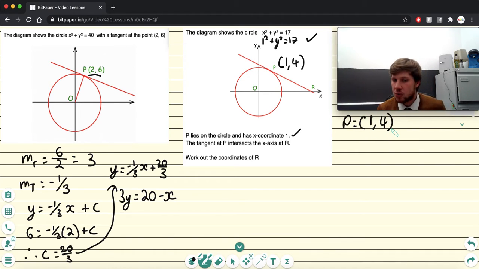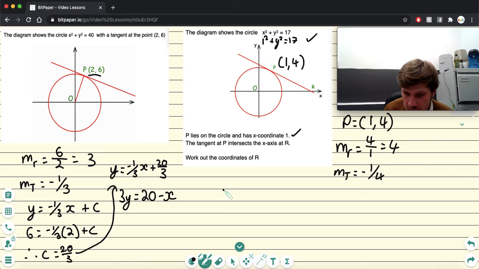The next thing I'm going to do is work out the equation of my tangent. So to do this, I'm just going to again work out the gradient of my radius. Well, it goes 1 across and 4 up, so it's 4 over 1, which is 4. So therefore, the gradient of my tangent is going to be negative a quarter, which makes sense because it's going down and it's shallow. To find out the equation of my line, I'm just going to first of all substitute in my gradient